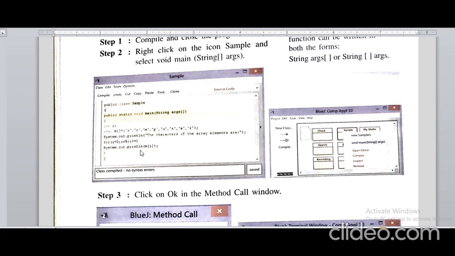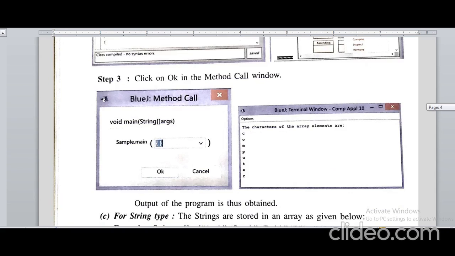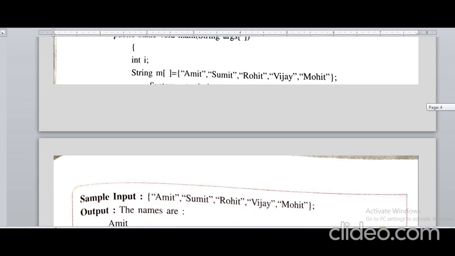Because the length of the word computer, total elements, is 8 there. We start the loop from 0, that's why it will execute till less than 8, printing m of i. m of i will represent position-wise each and every element, then print that element on the screen using the System.out.println statement. Same for the string.